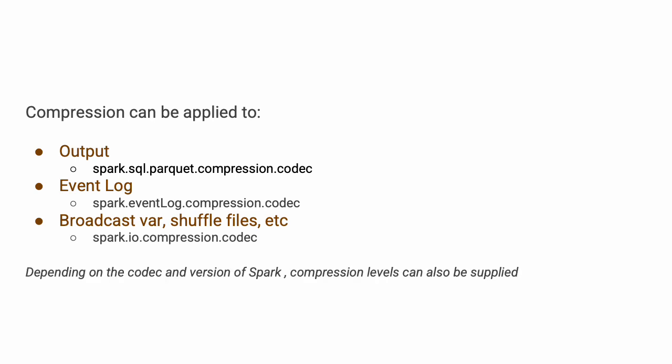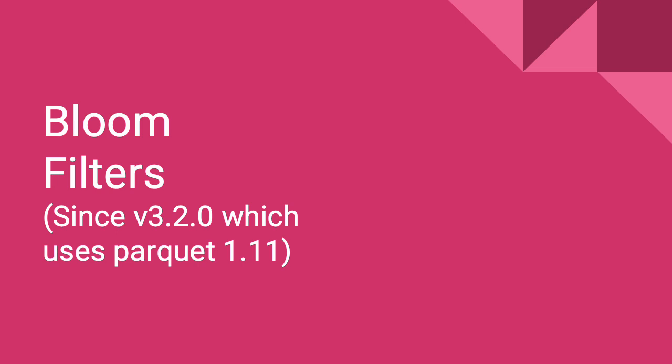And based on the version of Spark and the choice of your compression codec, you can also choose compression levels. For example, you can choose a compression level for gzip or for ZStandard, but that is supported in Spark 3.5.x and onwards. Now, the last thing which we are going to talk about is the bloom filters,